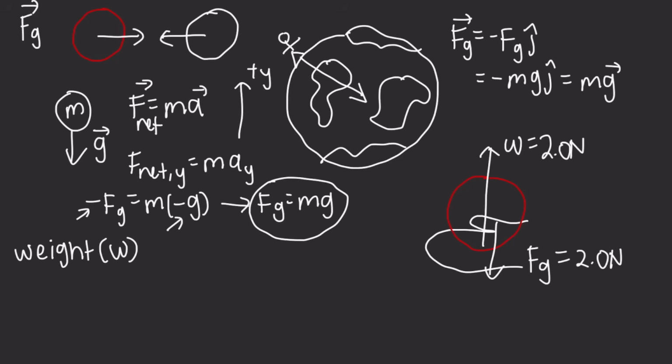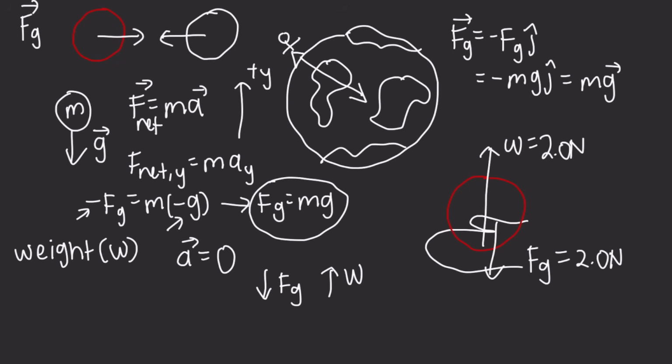Now, to generalize the body, we can consider a body that has an acceleration of 0 relative to the ground, which we again assume to be an inertial frame. So this means that two forces will act on the body. We have a gravitational force acting downward, and then we have a balancing upward force of magnitude W, which will